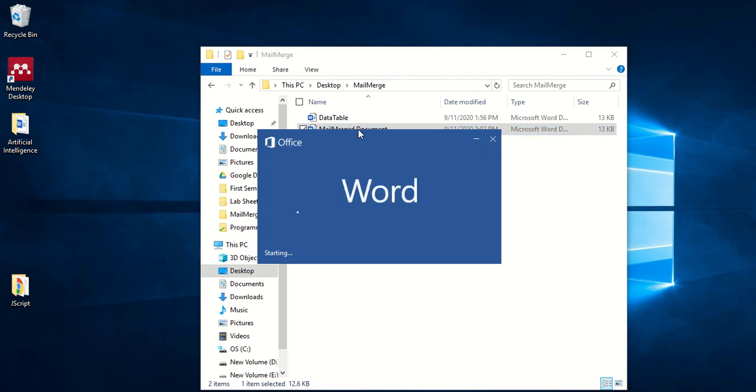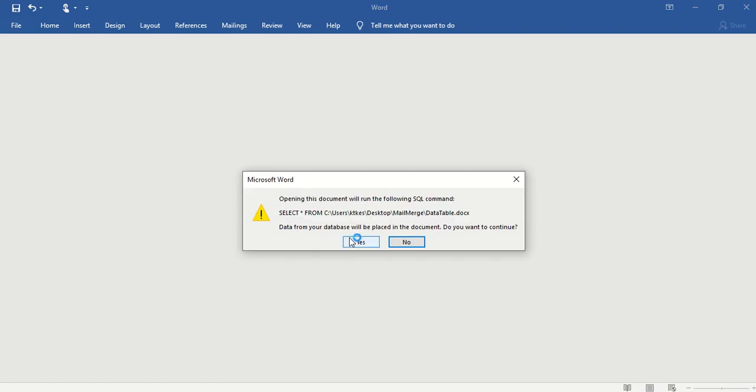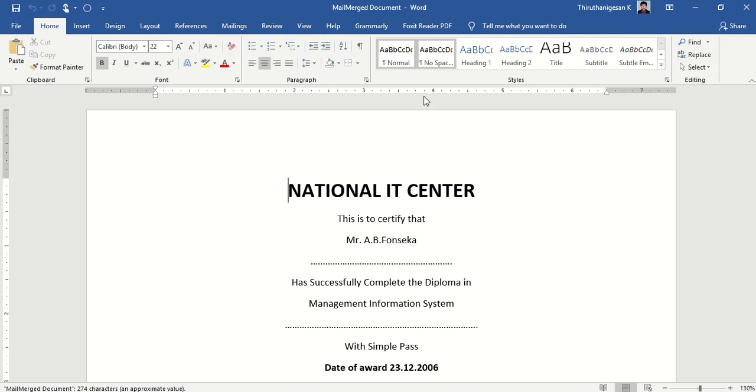Once you double click, the data alert will come. You want to continue this merge or no need to continue. If you want to continue, you can give yes, okay. So these are the two types of document you will get.